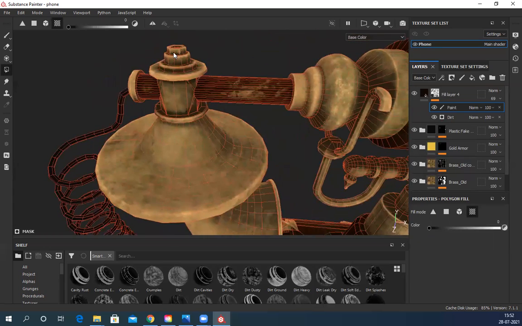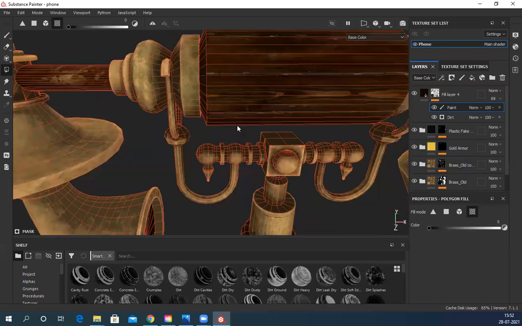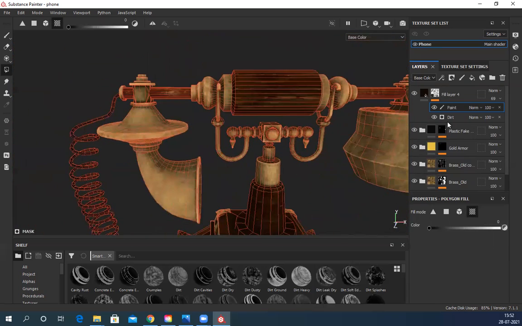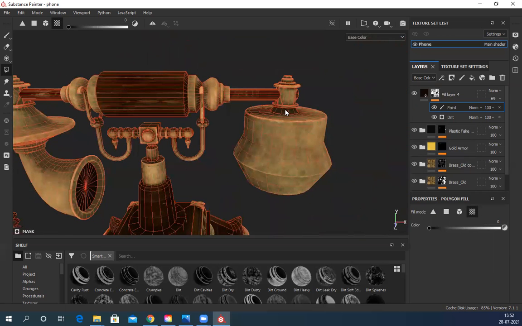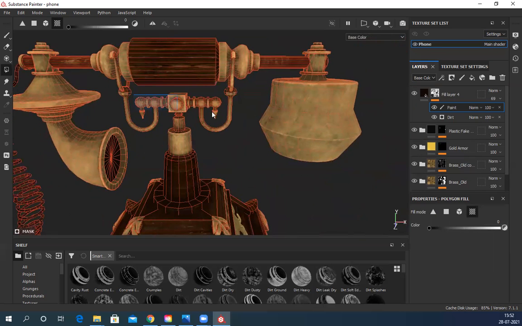This, I can still use. Or if I want, I can just simply remove this from all these gold parts and reduce the intensity. This is 100%, make it like 60-70%. So you can see slightly that effect.